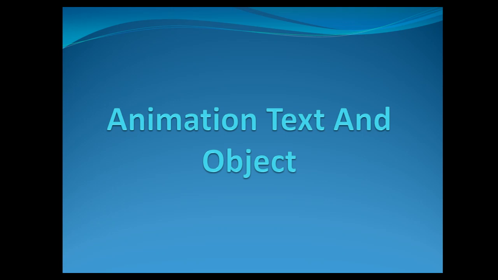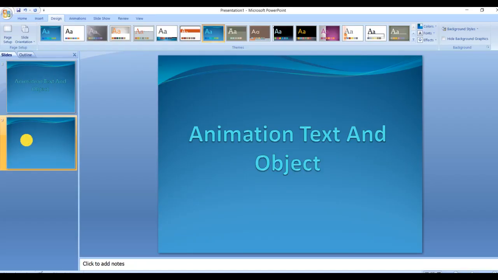Now we are going to learn an animation effect. So what is an animation? The ability to move objects like text, graphics, characters, logos, etc. in all directions on the slides is called animation. So now we are going to start with the animation. But one more thing I want you to know: to remove an item from the custom animation list, select the object and click on the remove button in the custom animation pane. So how to remove it and how to add it, we are going to learn. Let us further start.